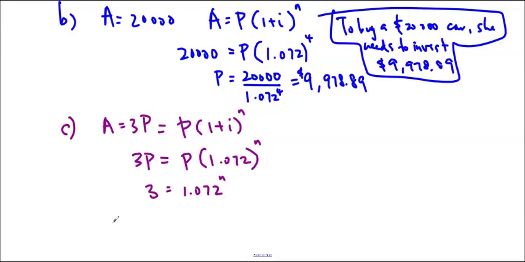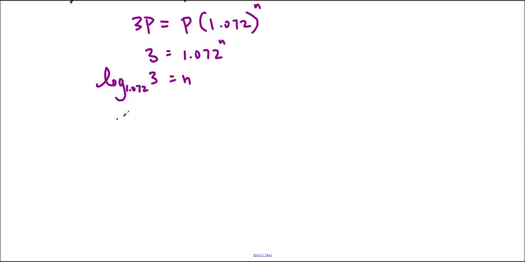And now to solve this, you can either use guess and check or you can use logs. I'll just show you how to do logs just to remind you. We're going to switch the n and the 3 and put the 1.072 still in the base. So log base 1.072 of 3 is equal to n, like this. And if you don't have a special calculator that can do that, you can just do log 3 over log 1.072. Or, of course, you can guess and check. So if you don't want to use logs, don't feel like you have to. So n is equal to